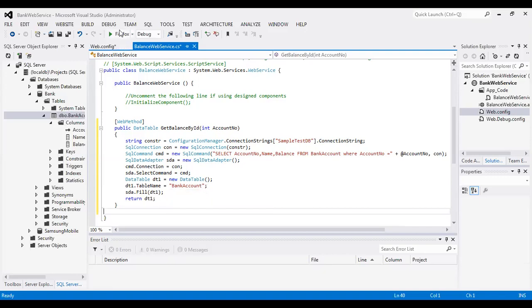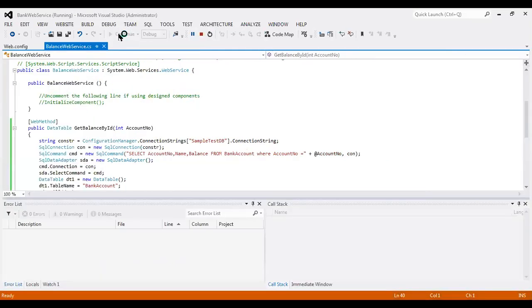Now let us execute this particular code. Mozilla Firefox web browser is used.